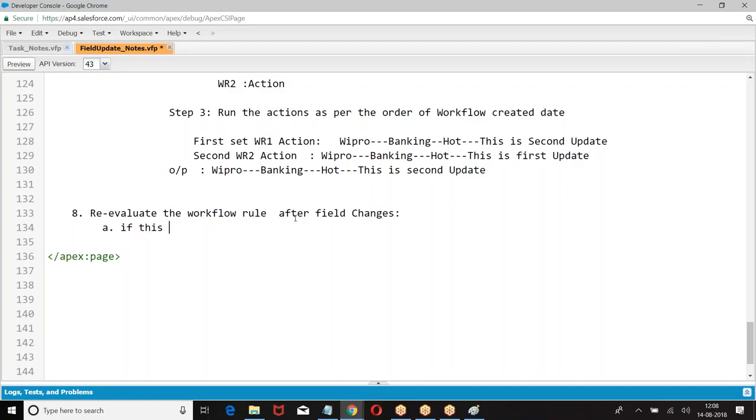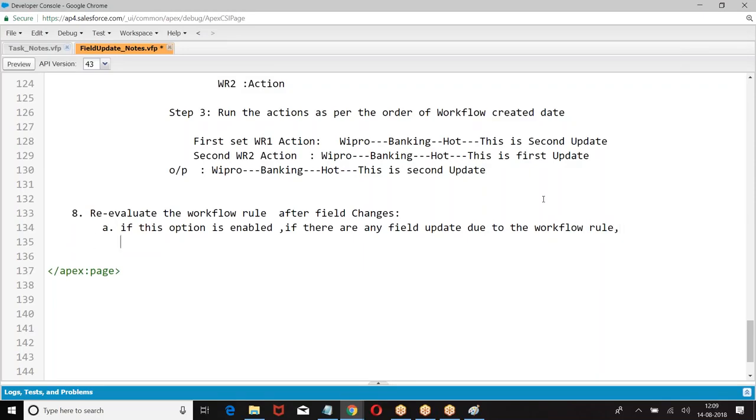If this option is enabled, if there are any field updates due to the workflow rule, it will recheck the remaining rules which failed in the earlier steps.